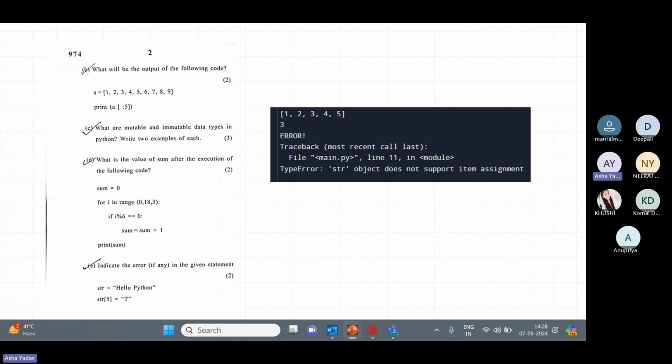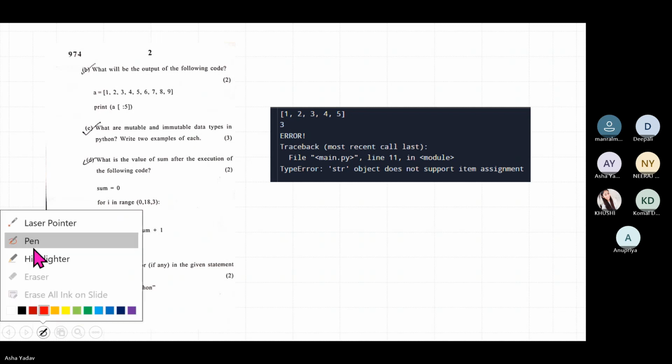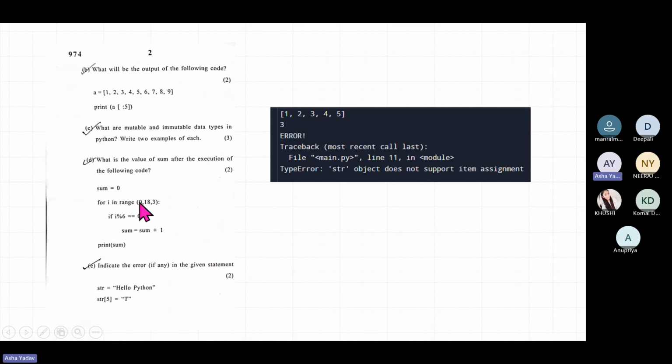चलो तो हम क्या क्या करेंगे बच्चे, हम 0 से शुरू करेंगे। अब सबसे पहले क्या होगा, इट विल स्टार्ट फ्रॉम 0। ये चेक करेगा कि अगर आई जो भी डिजिट है वो डिवाइड बाय 6, अगर अब मैं आई को 6 से डिवाइड करती हूँ, मॉड्यूलो ऑपरेटर मुझे क्या देता है? रिमाइंडर। आई को 6 से डिवाइड करने के बाद अगर रिमाइंडर 0 आता है तो हम सम में एक इंक्रीमेंट करेंगे, वरना हम कुछ नहीं करेंगे। सो लेट स्टार्ट। जब आई का वैल्यू 0 है, 0 को 6 से डिवाइड करोगे, रिमाइंडर 0 मिलेगा, सम इंक्रीमेंट हो जाएगा। तो सम की वैल्यू पहले 0 थी, अब कितनी हो जाएगी? 1। ओके।